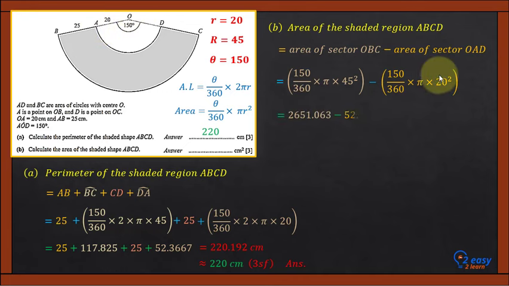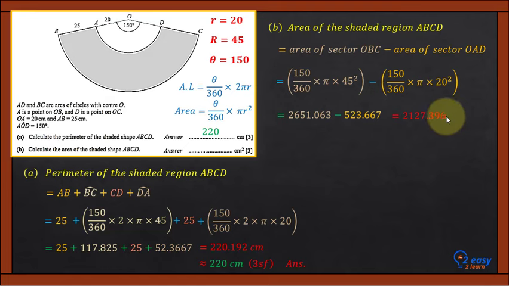So calculate this value. Area of sector OBC is 2651.063 minus 523.667,